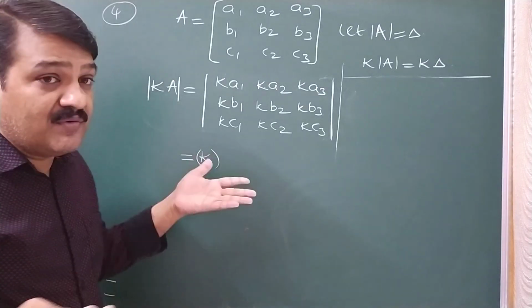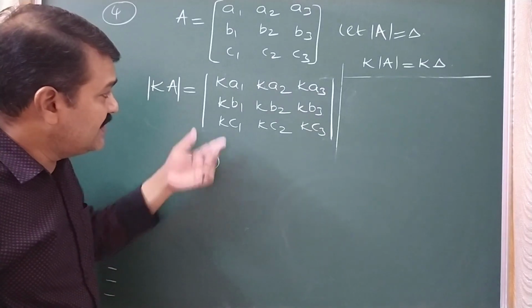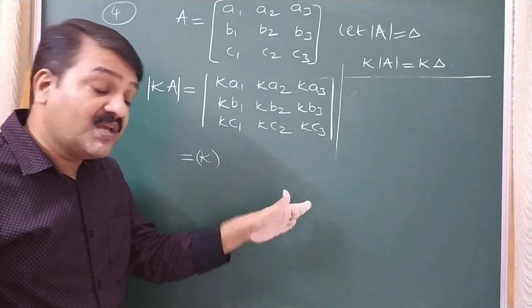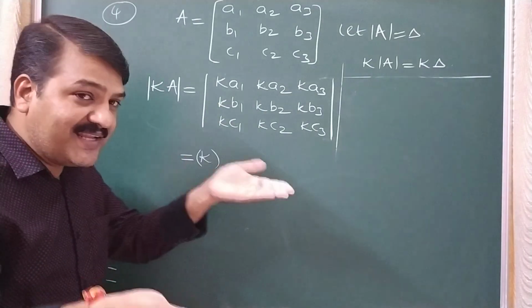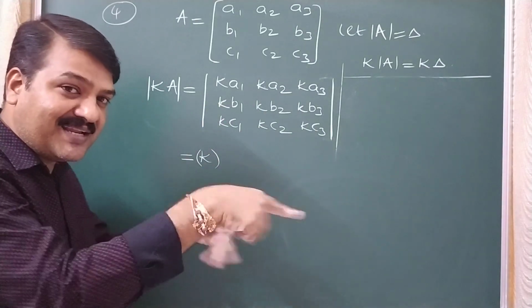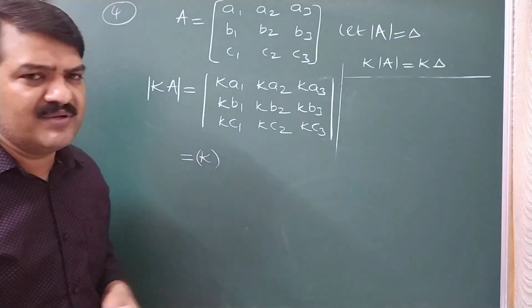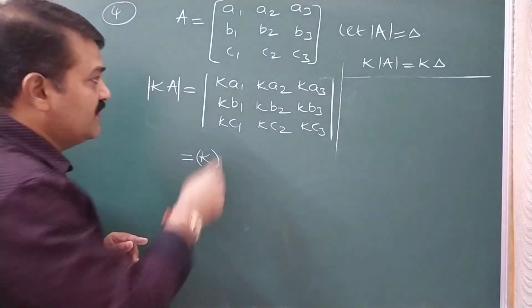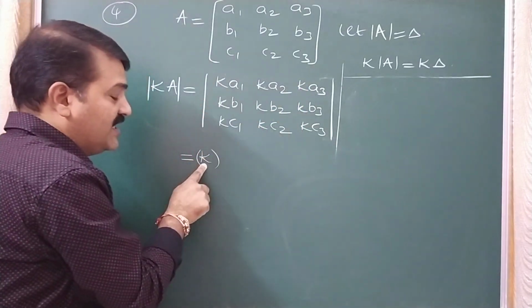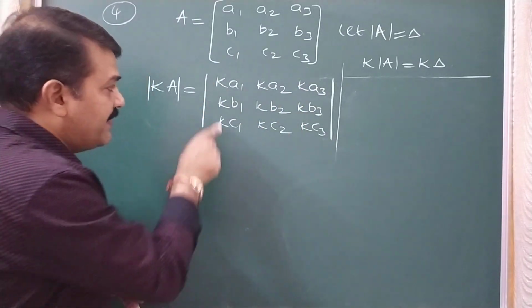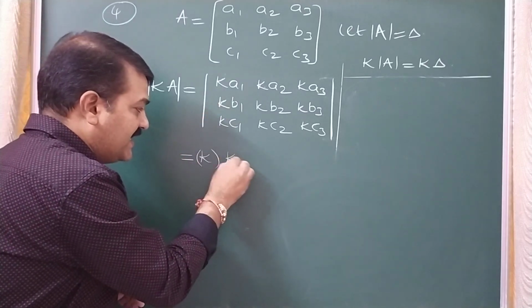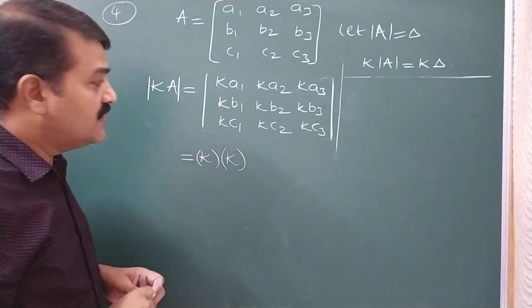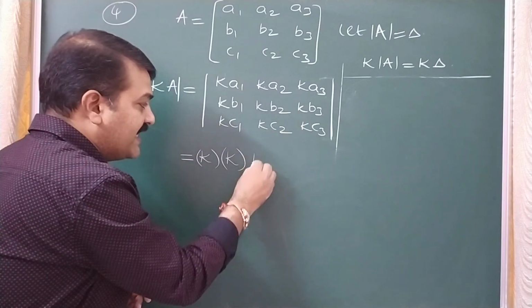Means actually if you want to write, you take K common, write the determinant. Again from the second row I can take common, means again take common and write again. That many times no need of writing, directly at a time you choose one row, that's all. So the first row I am choosing, taking K common, that is over. Now I am choosing the second row, again take K common. Now I am choosing the third row, again take K common.